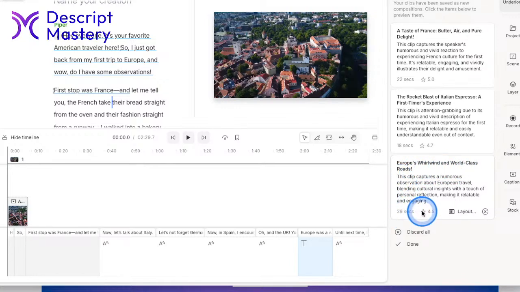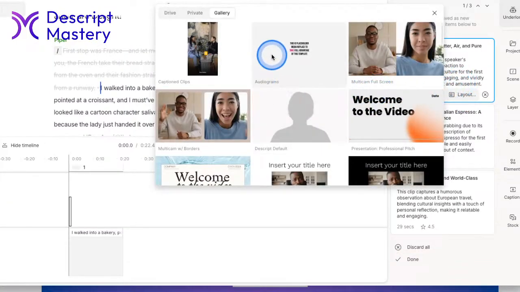This one's 29 seconds, and I gave it 4.5 stars. As well, you can give it a layout here. So we gave it a layout in the previous step, but if you wanted to change that layout, you could click on that, and it pulls up this view once again, where you can select in the gallery view, you can select an existing layout from